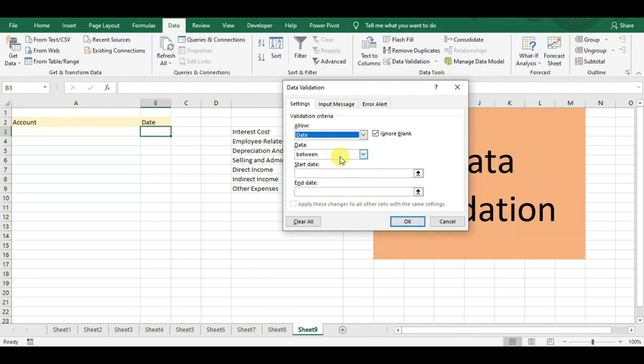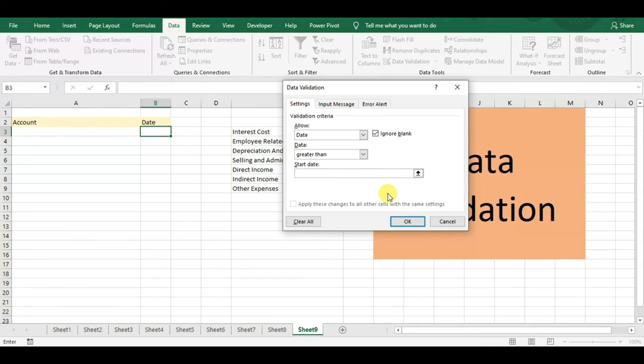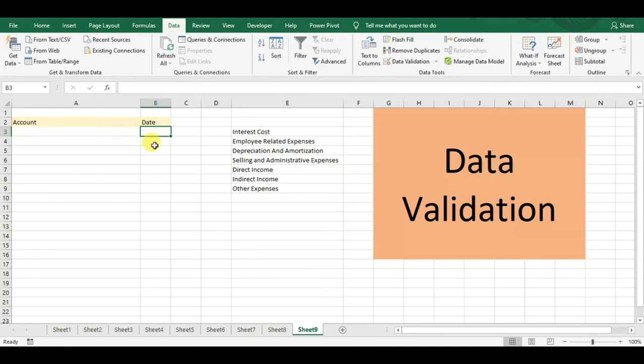Now you can select between, not between, equal to, not equal to, or greater than. So for example, if you want data to be inserted only after a particular date, then you can mention the date here. Now this will only accept data which has been inserted after that date.